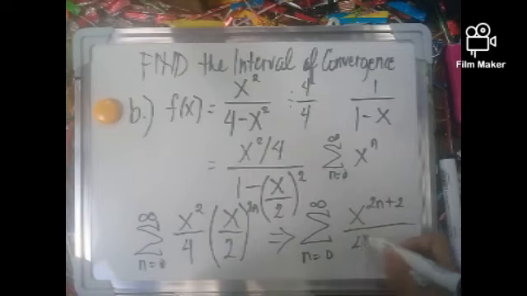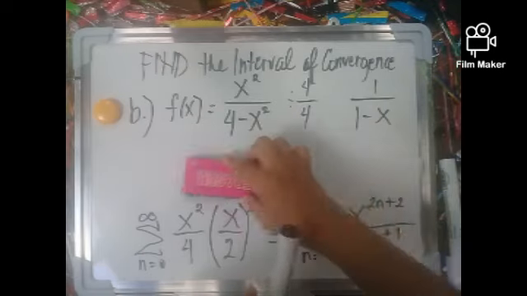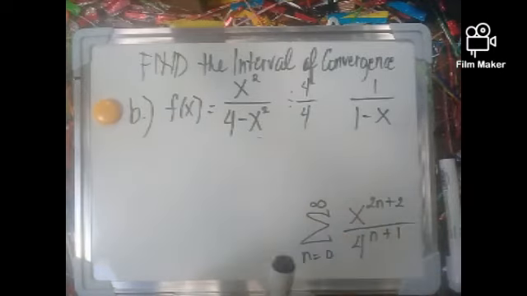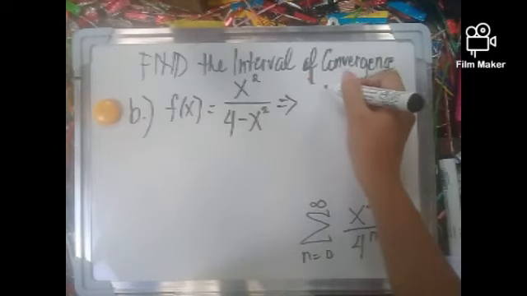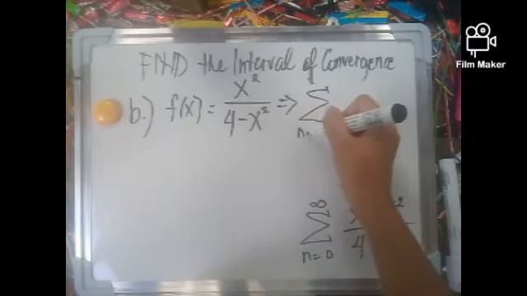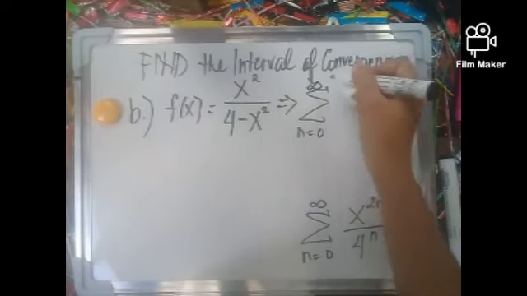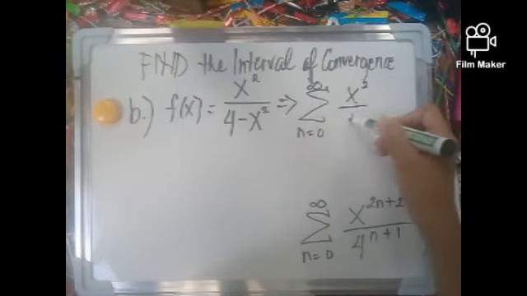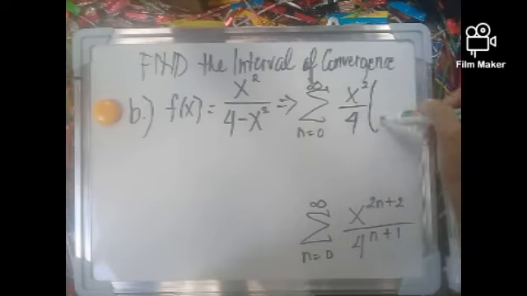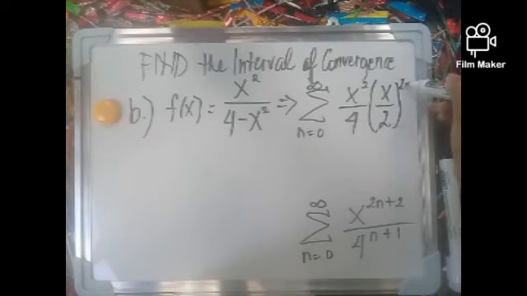So, we have 4 raised to n plus 1. So, ang nakuha nating power series is the series n is equal to 0 to infinity of x squared over 4 times x over 2 raised to 2 times n,